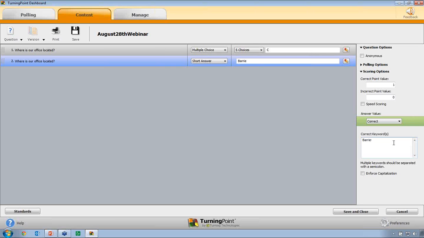One thing to keep in mind with a short answer style question is that because it's a computer, it's literally right or wrong, right? So if the student makes a typo in the answer they submit, they're going to be flagged incorrect. Same thing if you, as the person building the question list, make a typo, but the students all spell it correctly, it's going to flag them wrong as well. So you have to watch for that.